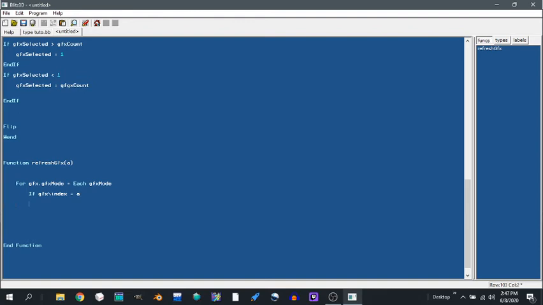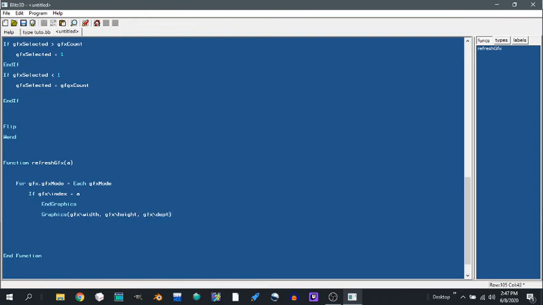Then I'm going to do EndGraphics, and that's going to close the screen that we have open, and then we're going to open a new screen: Graphics, GFX slash width, GFX slash height,